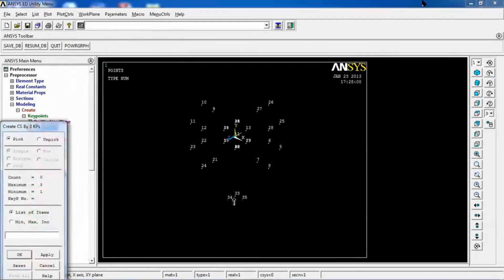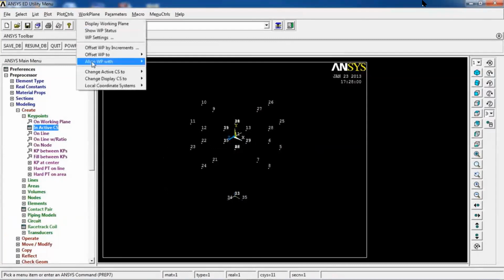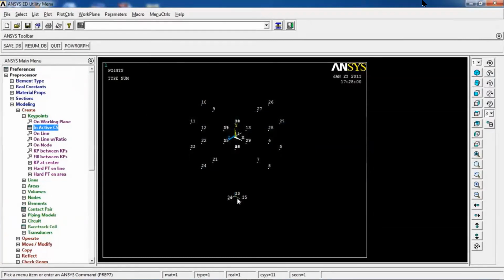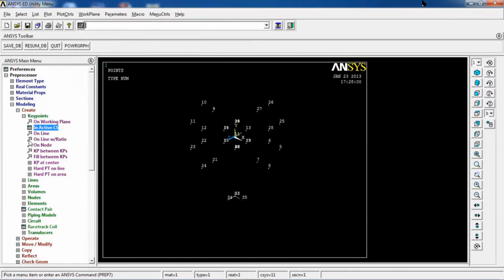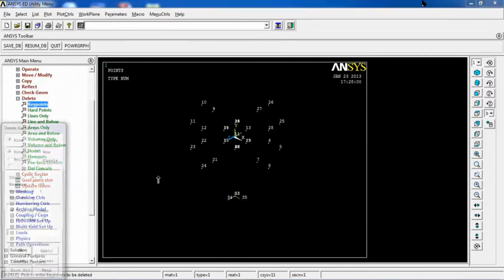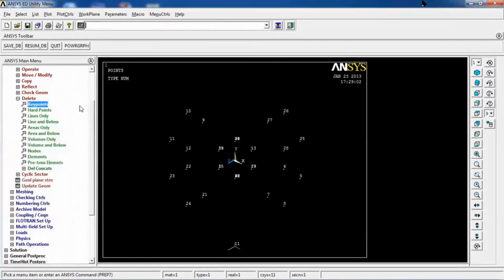So by 3 key points, x direction, and this is my y direction. Call it 11, and then change active coordinate system to number 11. Okay, and let's also say align work plane with active coordinate system. Now let me delete these key points in order to prevent confusion. So I'm going to come to delete key points, this, this, and this. Okay. Now back to create